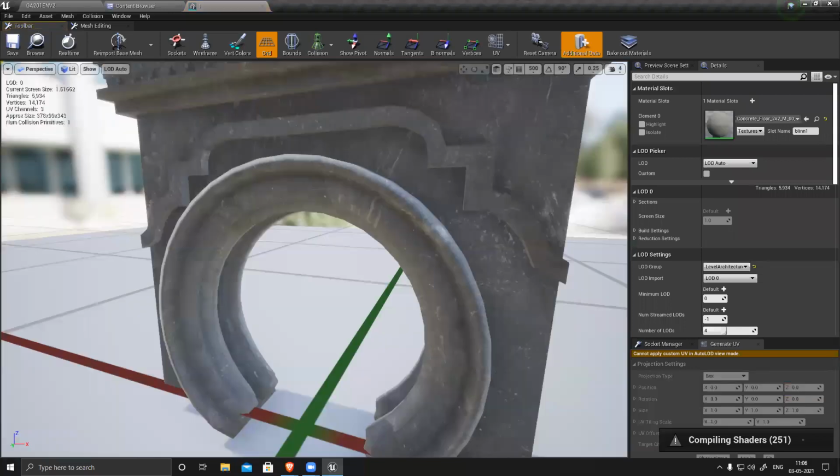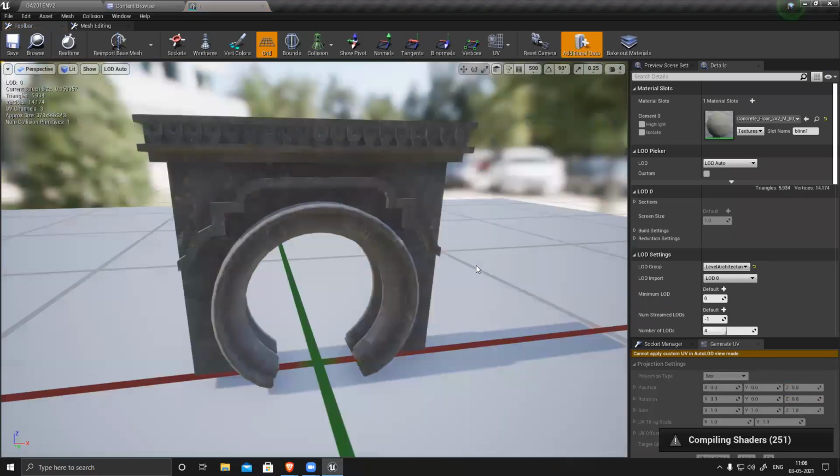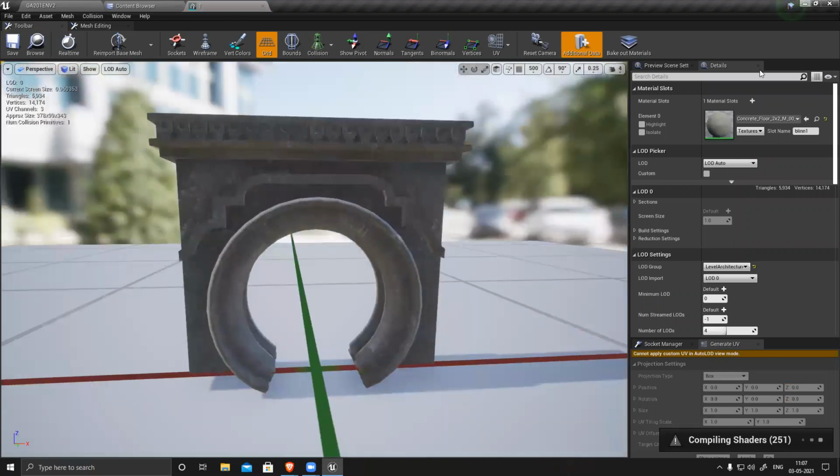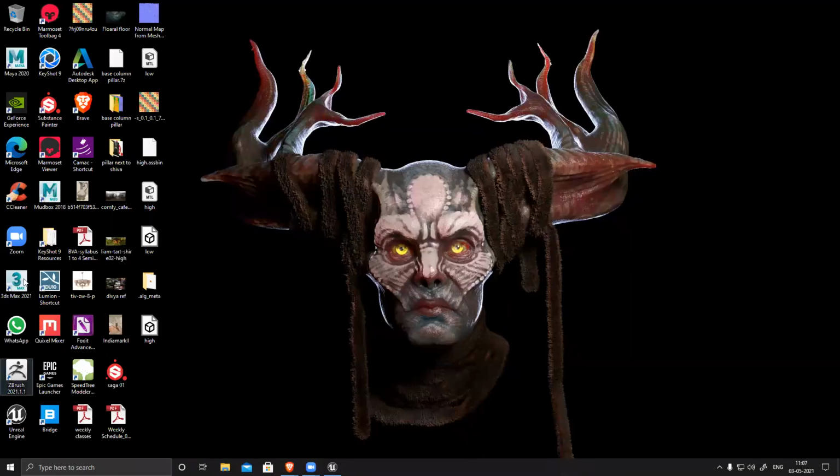So here's my basic model. I'm planning to create a trim sheet for this. Let me open this. I guess this one was in Maya. I'm not sure. Let me check.